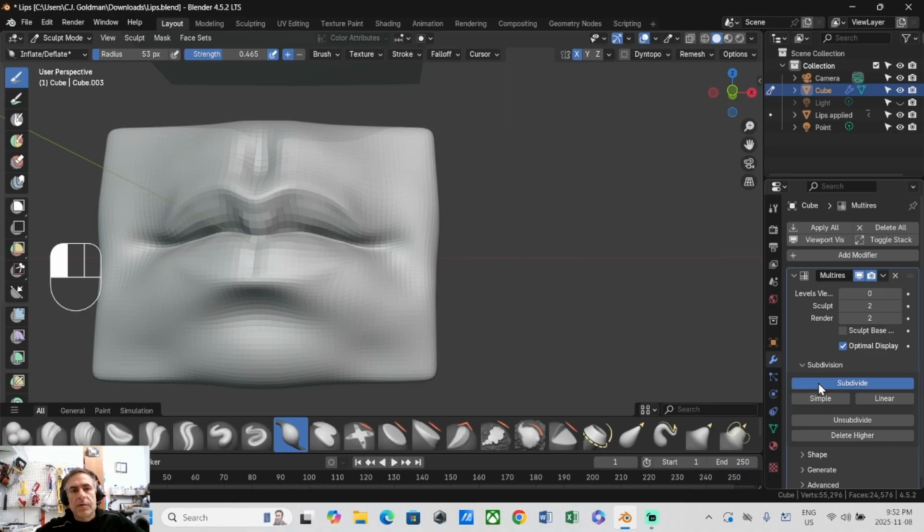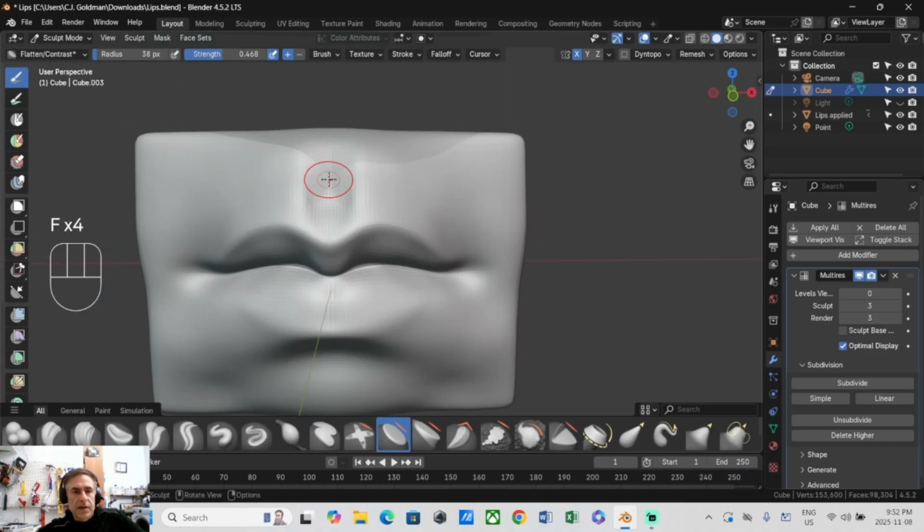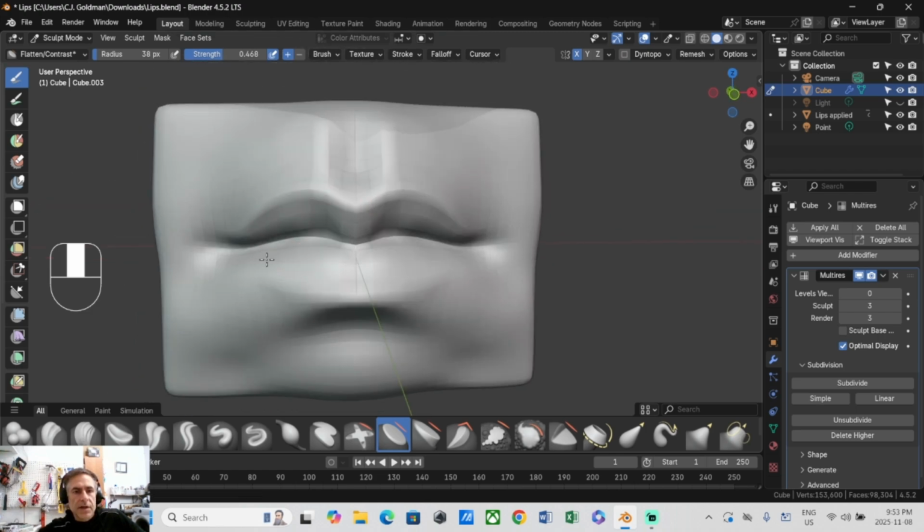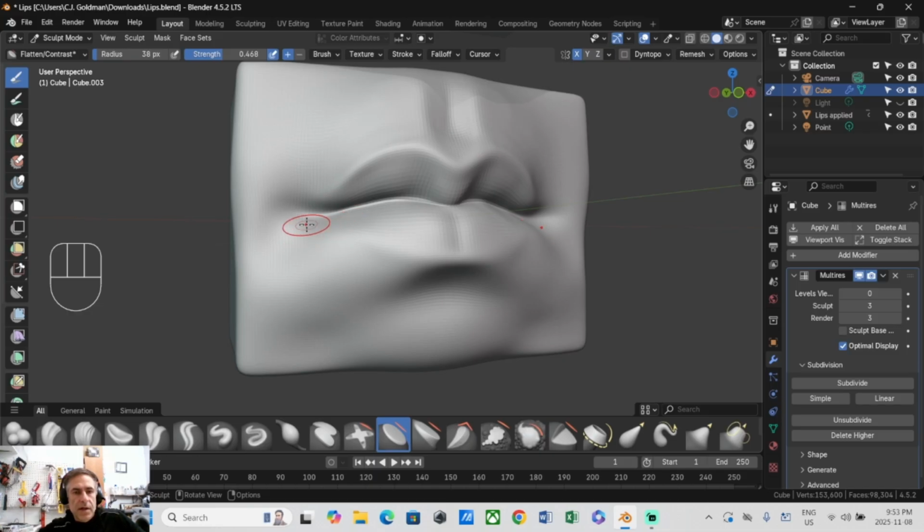All right, let's subdivide it one more time. Using the flatten contrast brush to sharpen things up. Whenever I press 3, that's the flatten contrast brush. You should look up here on the screen and you'll see what it is. If it says 3, it's flatten contrast. If it says 2, it's draw sharp. And if it says 1, it's regular draw brush. Okay, so it's actually looking pretty good already. A couple things, so let's,